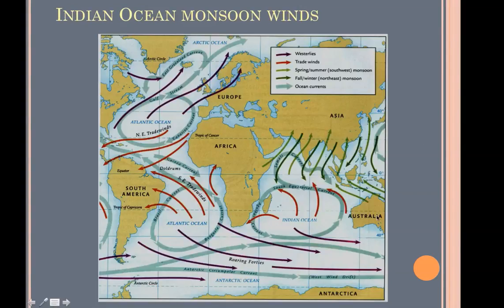Now, I'm sure some of you talked about how there's land all over the place on 3 out of the 4 sides of the ocean, which meant that you could stay very close in to land and be okay. But one of the most important features is the fact that spring and summer, the winds can push a vessel from the south to the north and vice versa the other way. And what's important about this is not only can you get to a very different region in the Indian Ocean, if you just wait a few months, it means you can get back home. And that is truly significant.